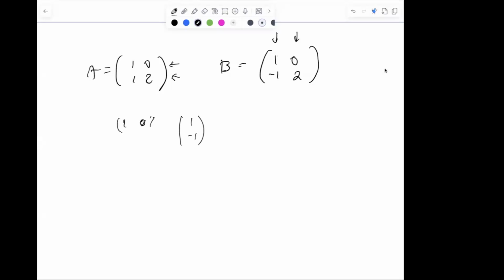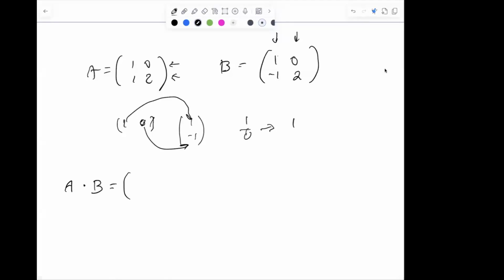So the way I do it is I multiply the 1 with the 1 here and the 0 with the minus 1 here, and then I add them. So 1 times 1 is 1, 0 times minus 1 is 0, and I add them. So the answer is 1. So this means that, let's do it from the beginning, A times B,